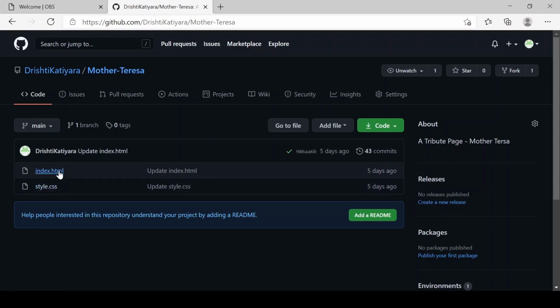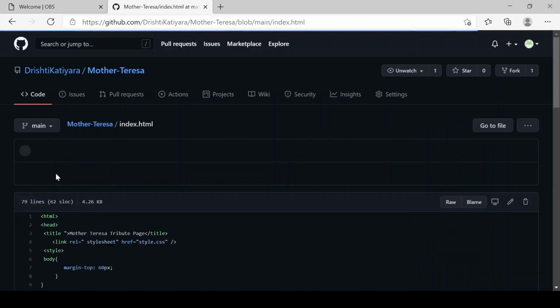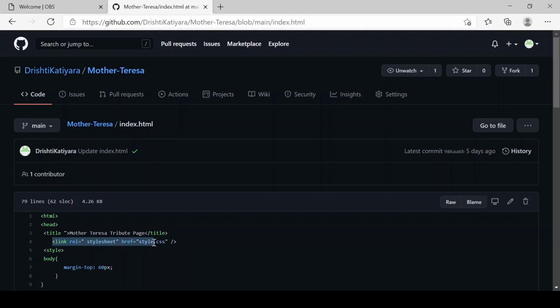For linking the CSS code to the HTML, we have to include one link tag, that is link rel, that is the stylesheet, since we are going to attach a CSS file, and the href would include the file name. So our file name is style.css. By including this, we have linked our HTML and the CSS code.